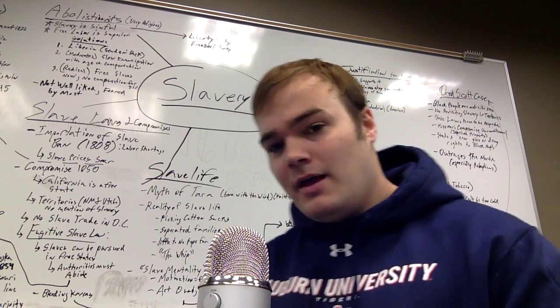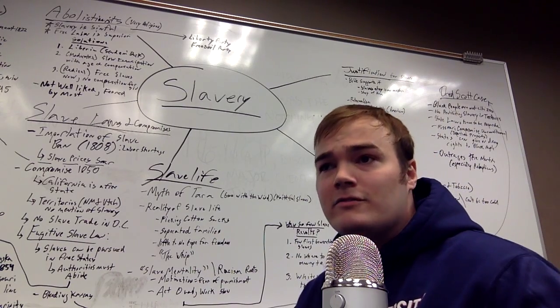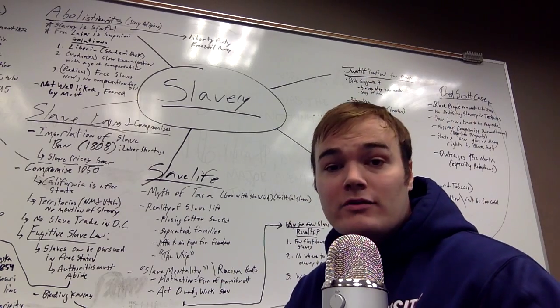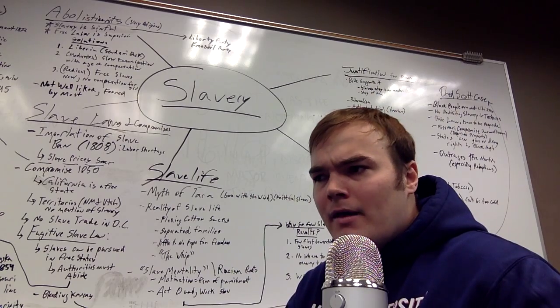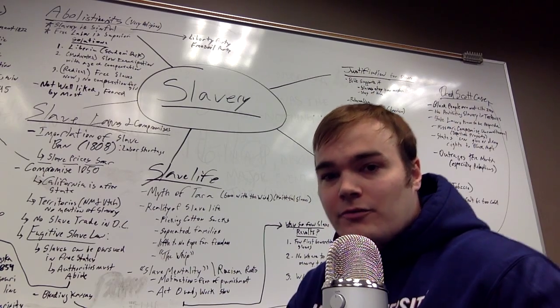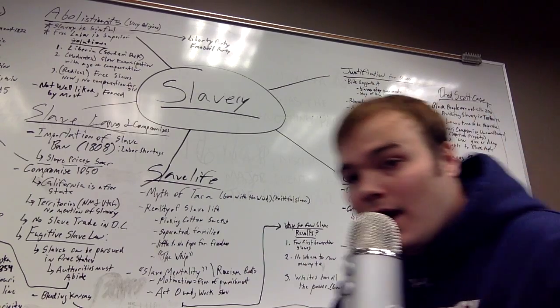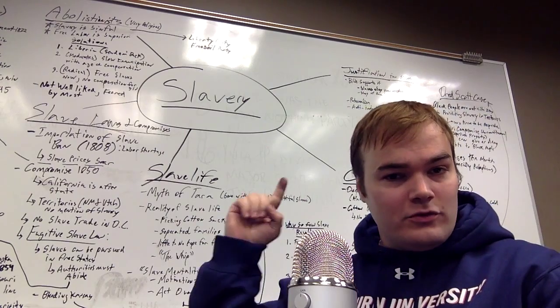So let's get started. Slavery. So what's the deal with it? Why is slavery the thing that's really putting Americans on edge? Why is it going to drive us to the point of civil war? Well, there's a whole lot of issues around it. First of all, we have cotton, sort of the economic incentives behind slavery. We have what it's like to be a slave, sort of slave life.